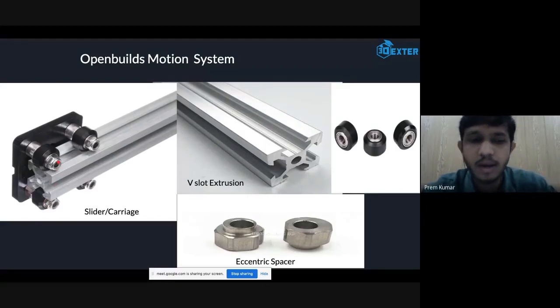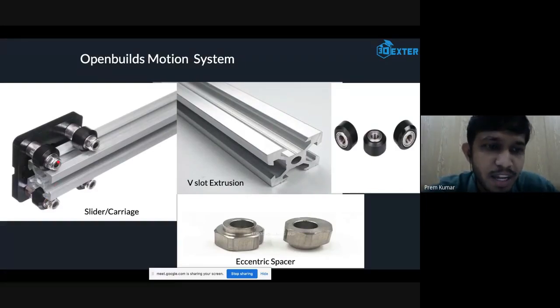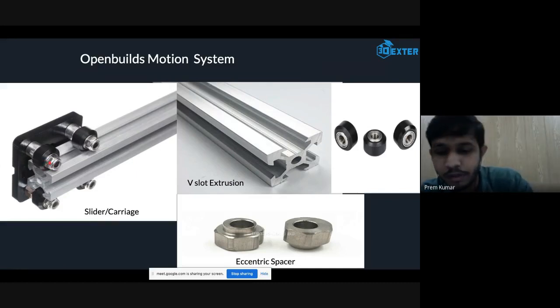And one more advantage of this mechanism is it is easy to build, and it does not make any noise if it is properly, I mean, if you have not overused these things. So it does not make any noise compared to the linear motion bearings, because in linear motion bearings, all the parts that are in contact are metallic. So they will make a little bit of noise, but this will not make that much noise if everything goes perfect.